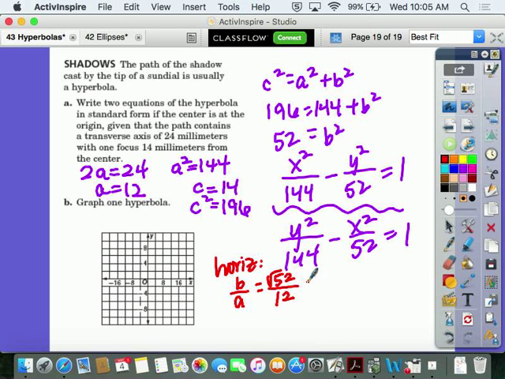What's the square root of 52? So my center is (0, 0). I'm doing horizontal. So up 7 over 12. Down 7 over 12. My vertices are located 12 from